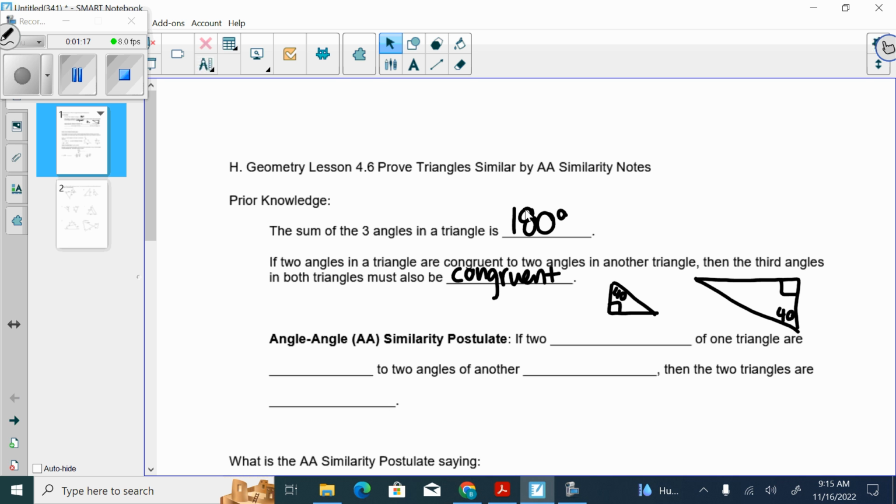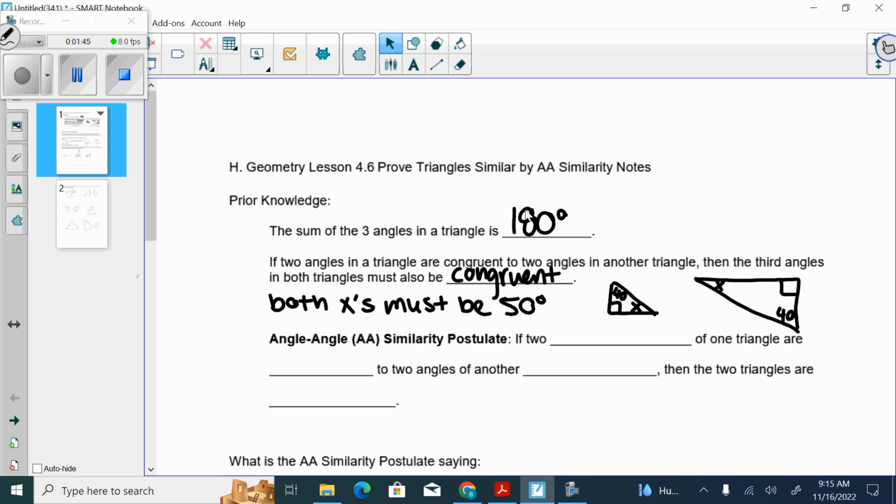Even though we only know two of the angles, do we know that the third one is going to be congruent as well? Yes. What would the third angle have to be in this case? 50 degrees, right. So I can say that both, I'll put these as x's, so both x's must be 50 degrees because we said that all the angles have to add up to 180,